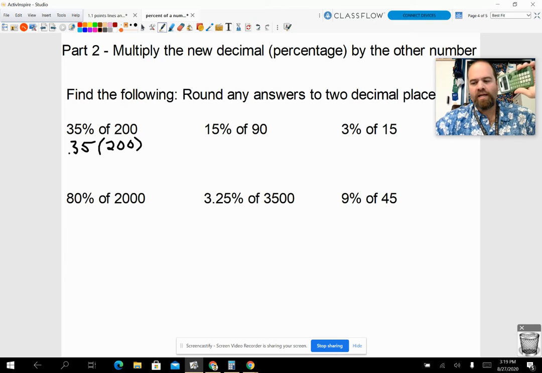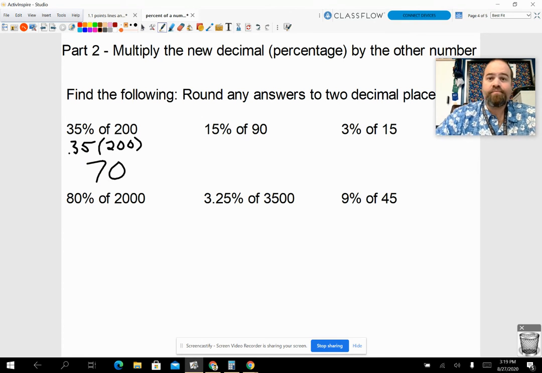I'm not doing this in my head, guys. I have a calculator just like you should have. That is 70. Okay, so 35% of $200 would be $70. 0.15 times 90 would give us